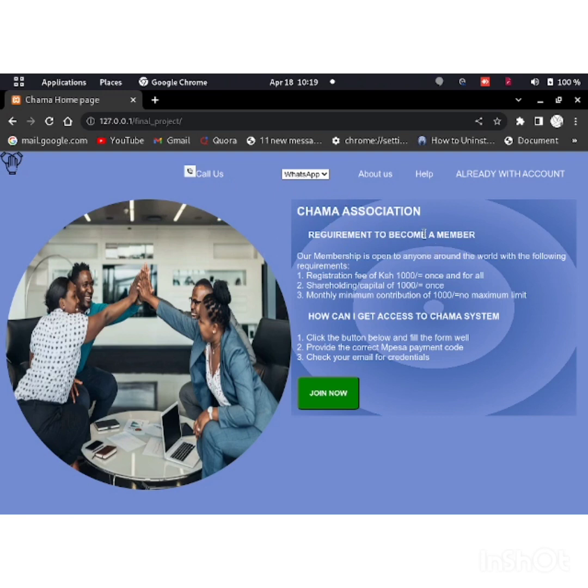Here at the home page, as a new user, you will see what is required for anyone to become a member. Some of them: you need to pay a registration fee of 1,000. You also pay for shares and make your monthly contribution. Those are some of the basic things any new member is required to do. For the shares, you can buy as many shares as you want. There is no limit for that. As well as the contribution,